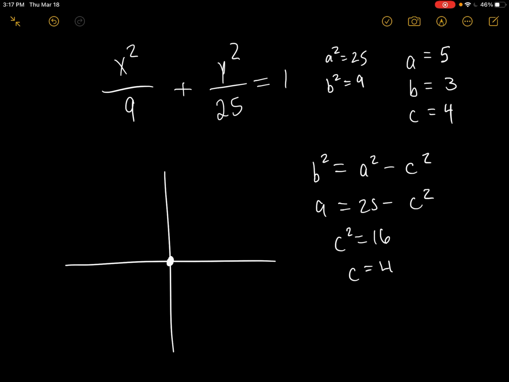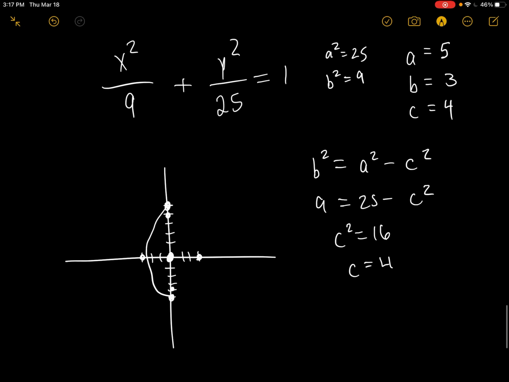So first things first, our center is at the origin in this case, because there are no numbers directly next to, in parentheses, x and y. We are going up and down for this one because our larger number, our a term, is under the y, so we'll go up 5 for our vertices and down 5 as well. For the co-vertex, that's our b value, so 1, 2, 3 to the right and 1, 2, 3 to the left. And finally, the focus is 4 away from the center, and that is in the direction